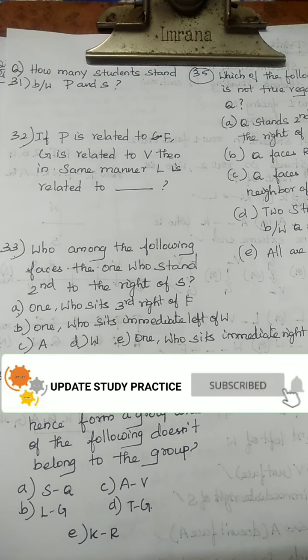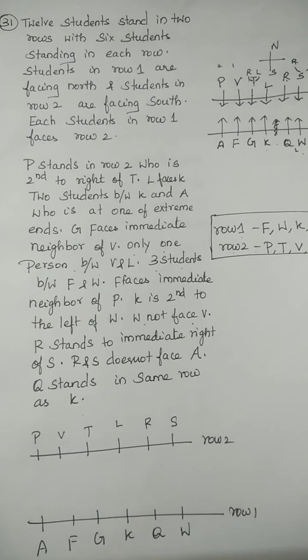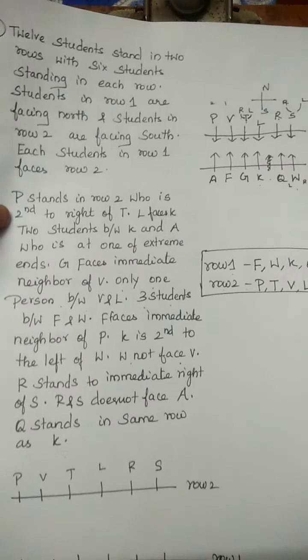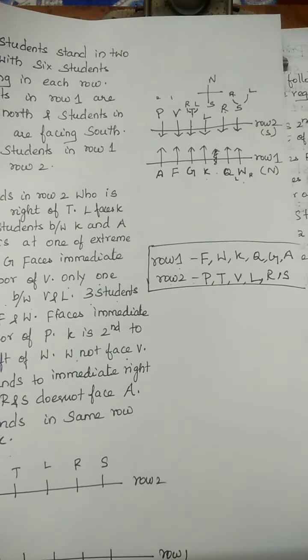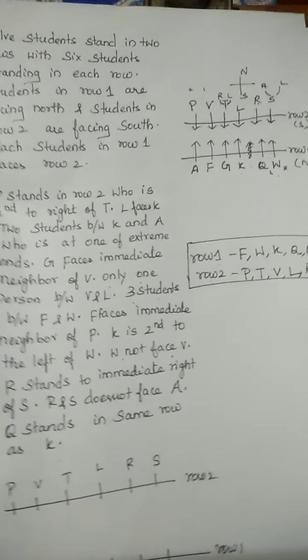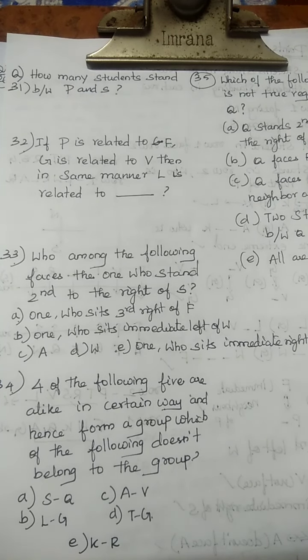Today our title is IBPS PO Prelims Memory Based Question 2020. Yesterday we discussed the 31st sum. Please see that video. We found the sitting position of 12 students in row 1 and row 2 who are facing north and south direction. Please visit that video and then come back to today's session. Then only you can easily understand the questions, and it will be useful to find the answer.